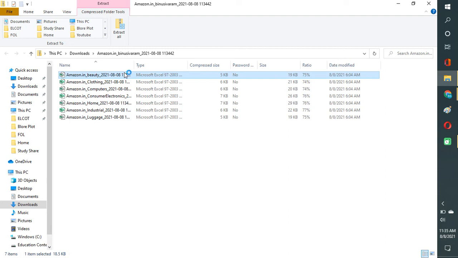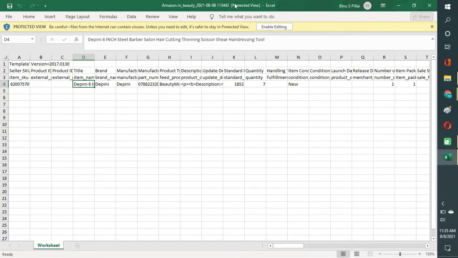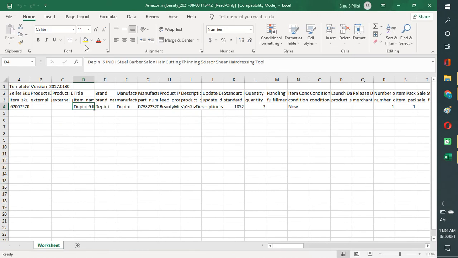Okay, once you get this Excel sheet, if you know how to upload the products in Amazon, the only thing you need to get is a UPC. You need a UPC for each and every product you upload on the Amazon seller site. For that, you just key in the UPC codes for each product if you have them. If you don't know how or where to get a UPC, I will make another video to tell you how to get it, where to get it, and the cost, etc. I have a set of UPC codes, so I have already put the UPC in, and it is ready for uploading.